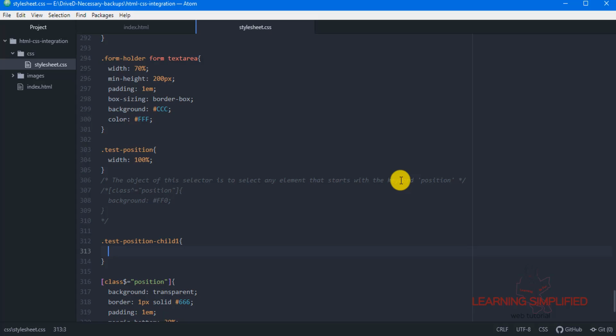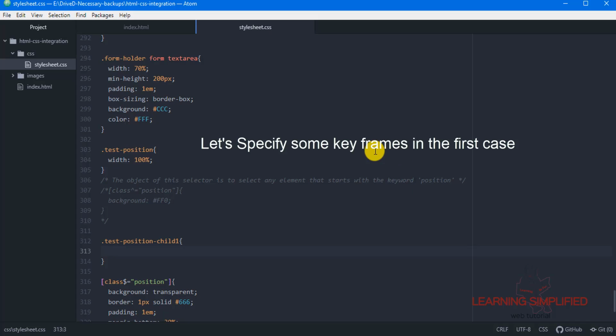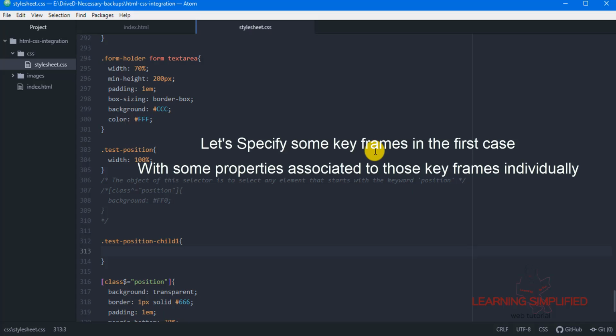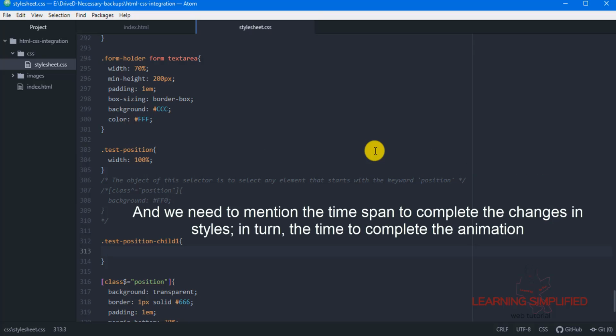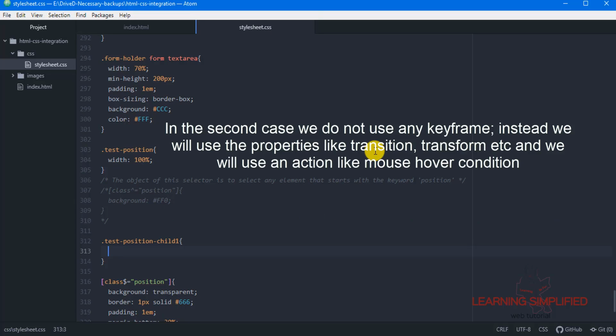Now these changes in styles can be done in two ways. The first one is we specify some keyframes and certain properties associated to them. We also have to mention the time span for the changes in properties. This will produce some animation in CSS style properties. But in the second case, we will have to use the rest of these properties like transition, transform, translate,